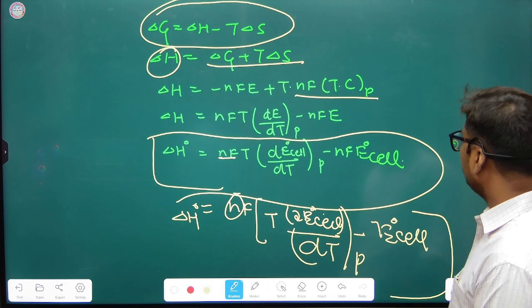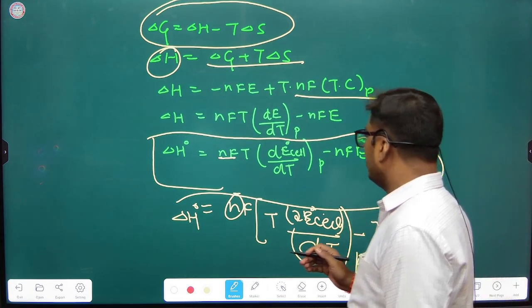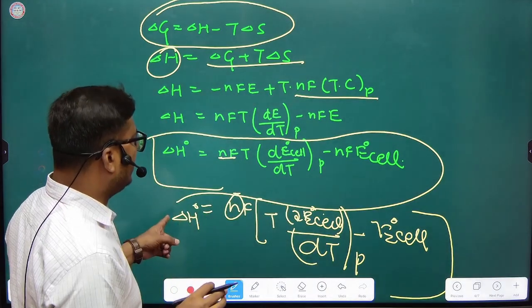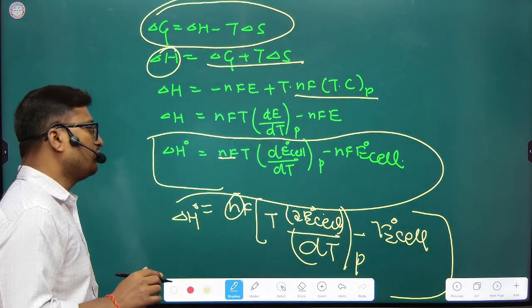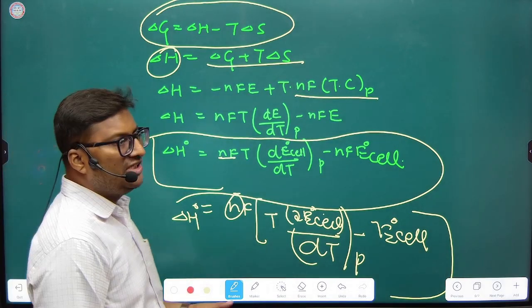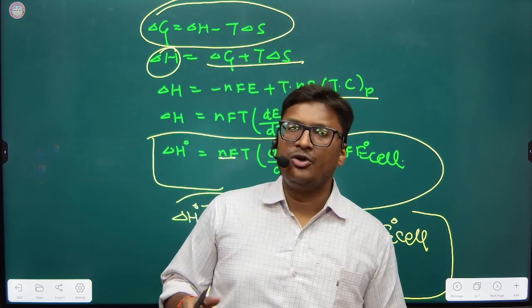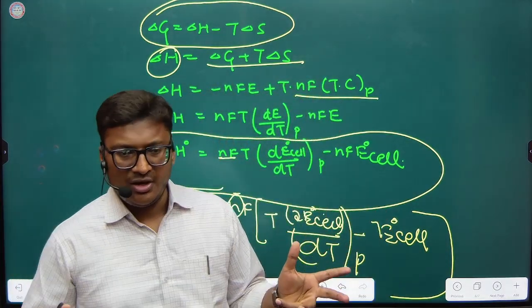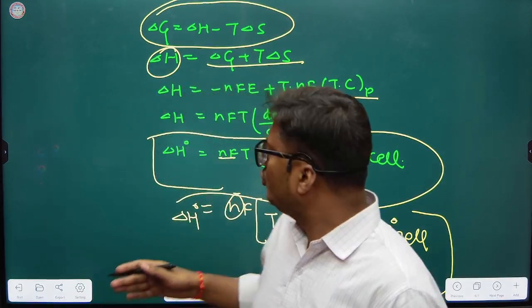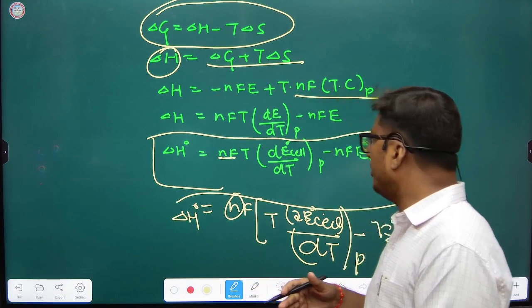So the temperature coefficient decides the value of this delta H naught, the change in enthalpy at standard state. These are the thermodynamic parameters which must be clear to understand the electrochemistry of the cell,